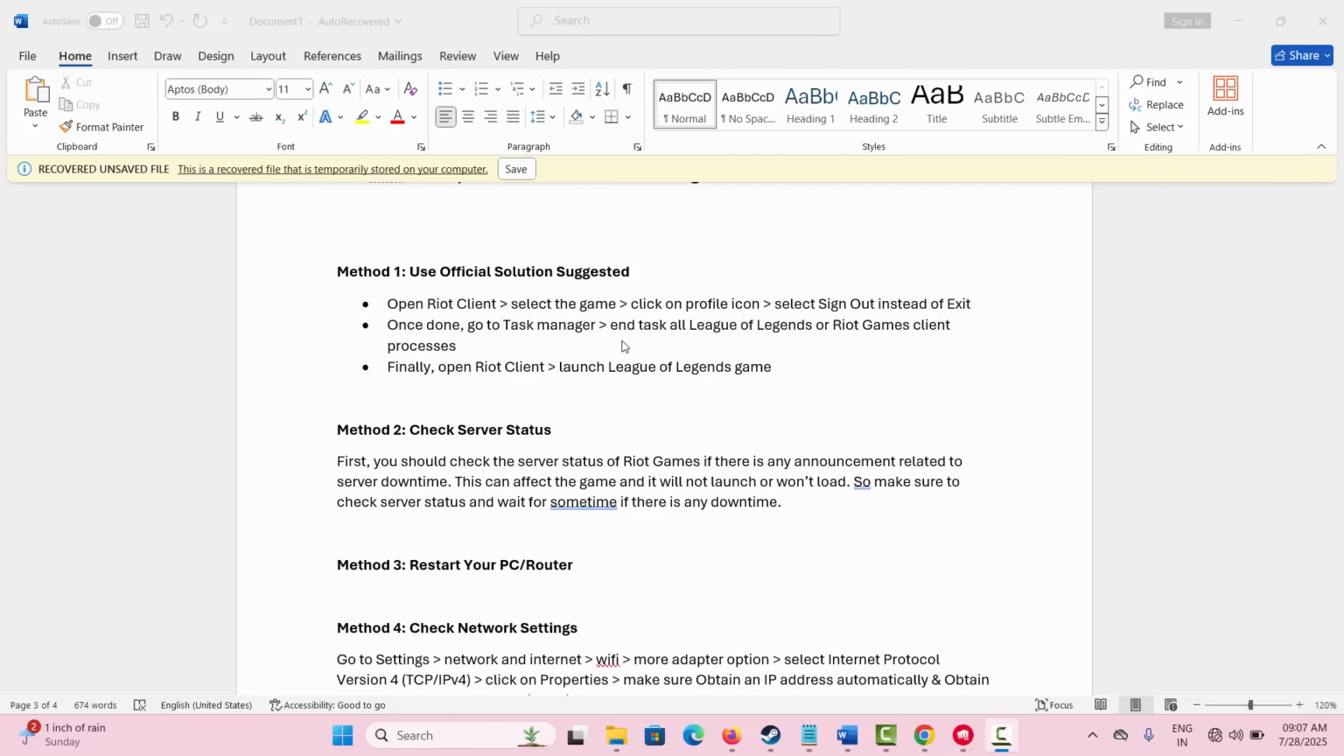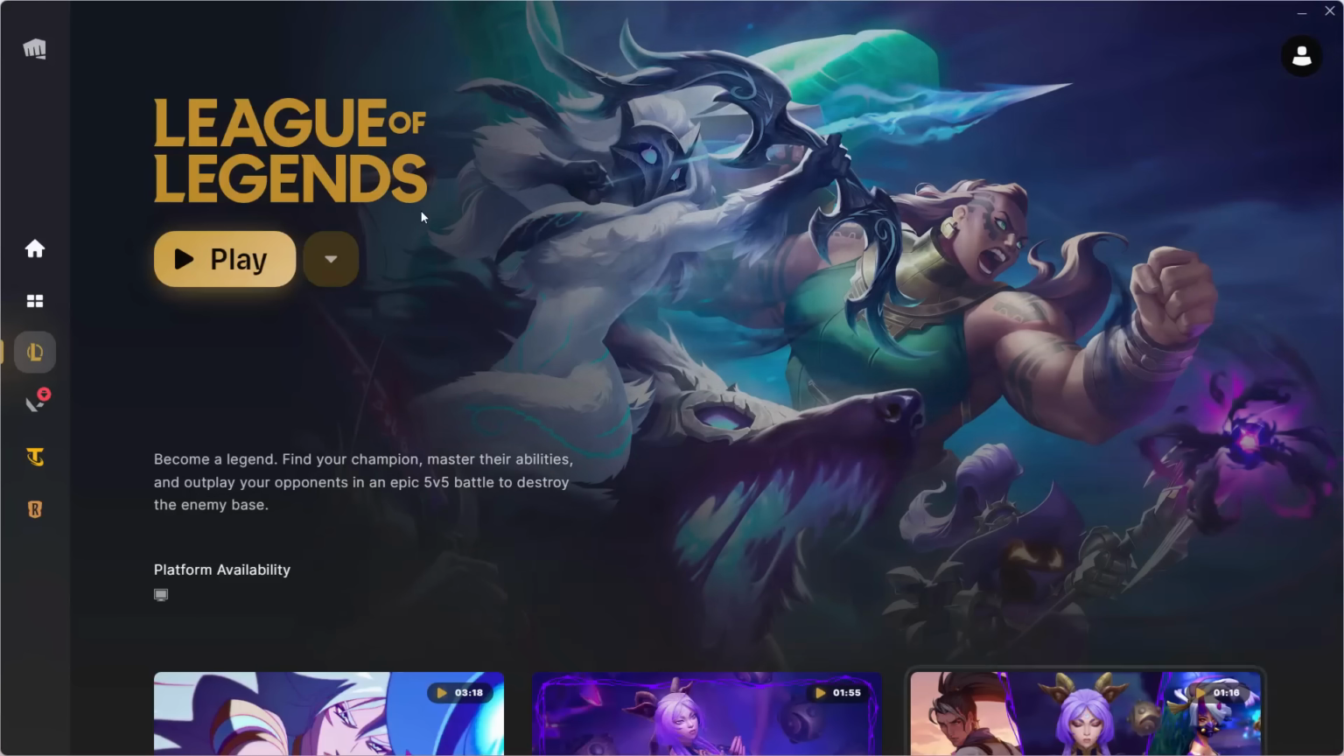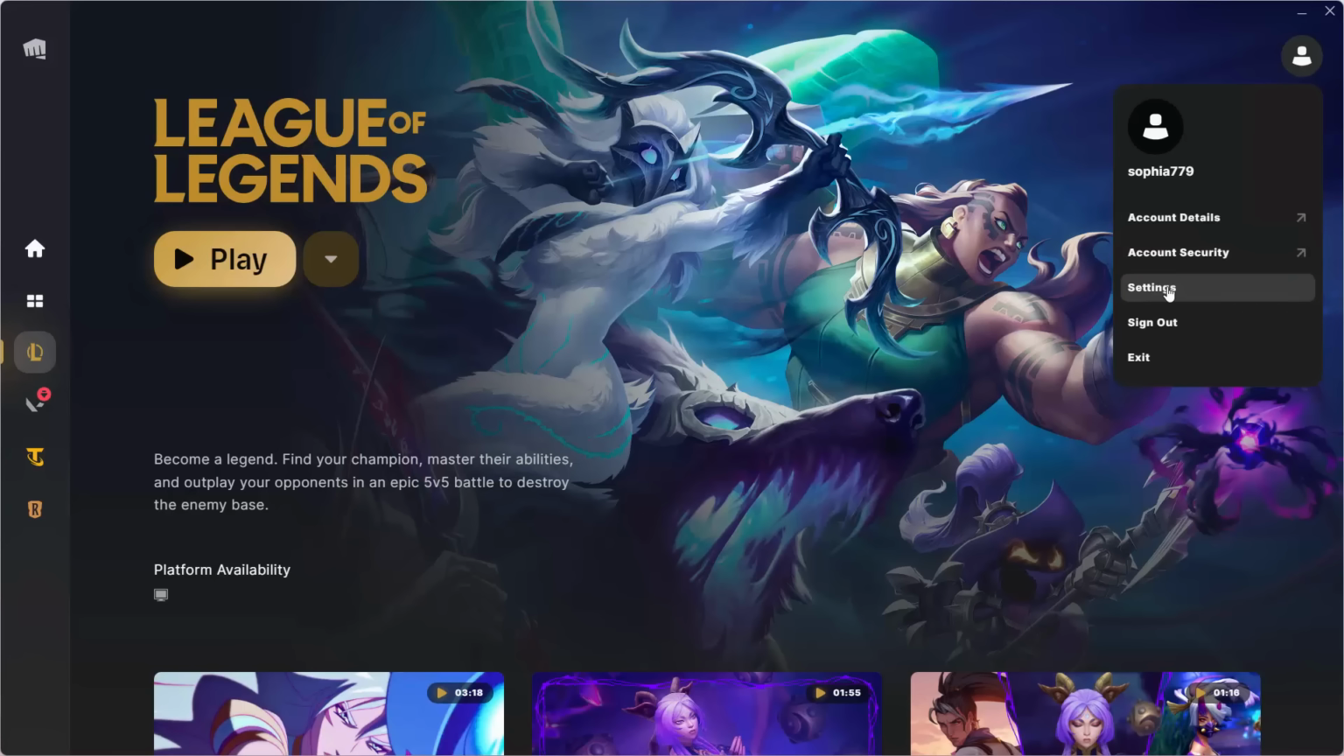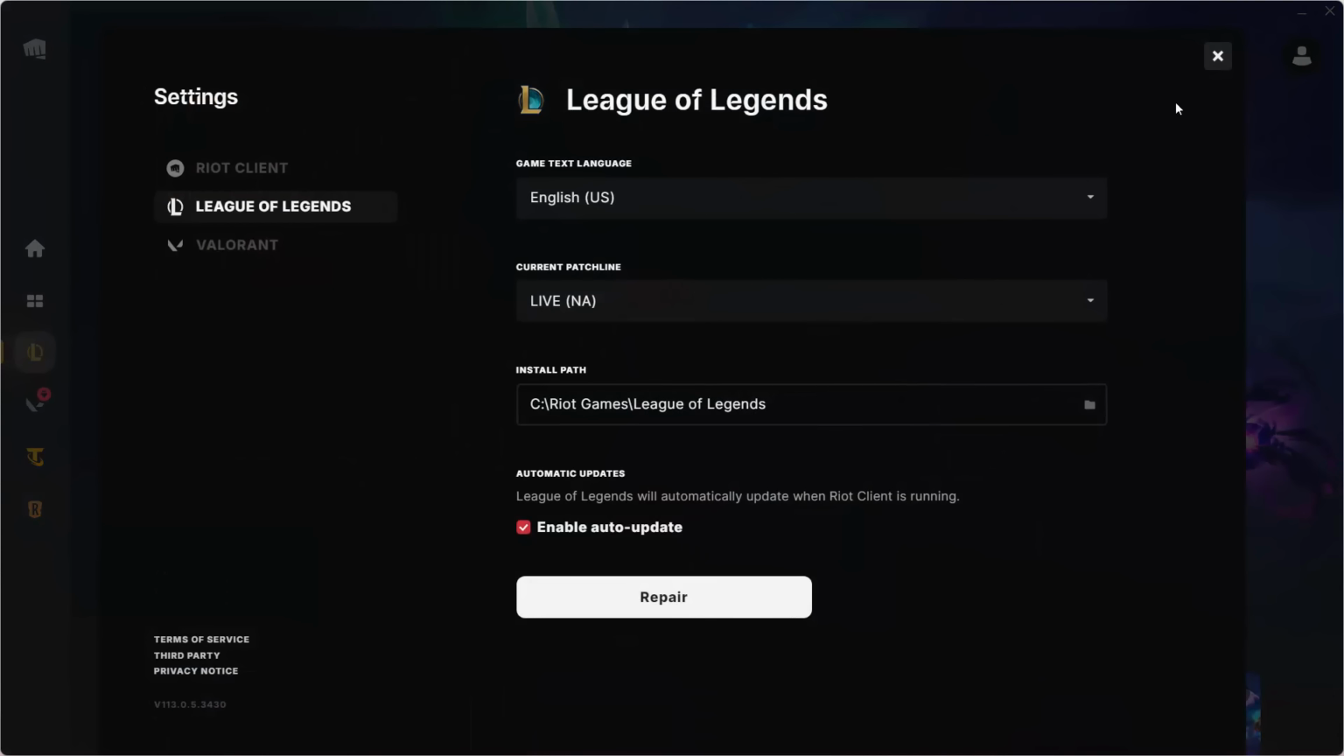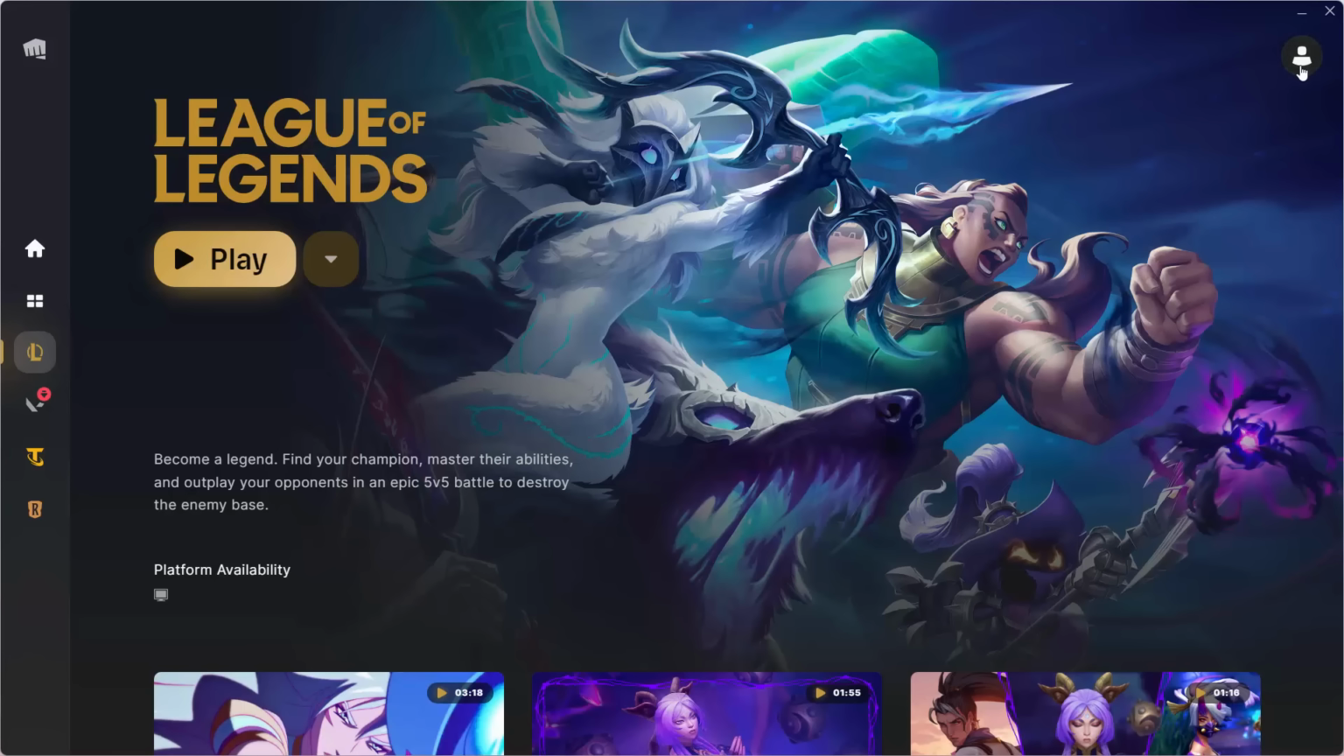What you do is simply open the Riot client, select the game, and then click on the sign out option. So simply go to the Riot client. The game is already selected. Simply click on your profile icon and then click on the sign out option. After you sign out from here,